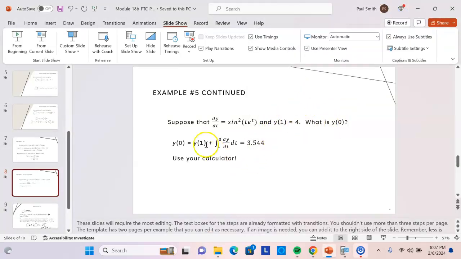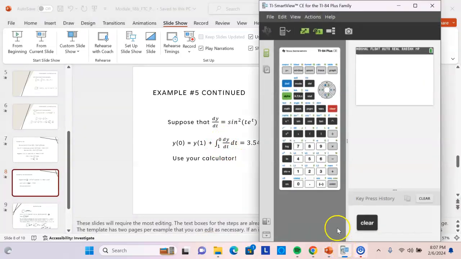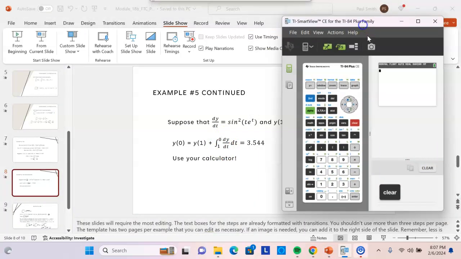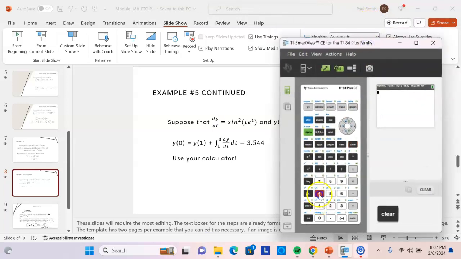So if I wanted to find y of 0, it is just y of 1, our initial condition, plus the integral from 1 to 0. Remember, you always want to start at what your condition gives you. So we go from 1 to 0 of dy/dt dt. I know that looks weird, but eventually the idea is that we're going to take y of 1, which was equal to 4, and